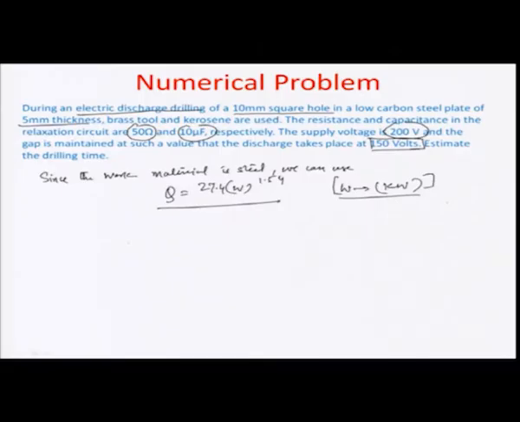calculate what is the energy being discharged. We already know that the energy being delivered by the capacitor C, the breakdown side, is given by half C VB square, where VB is the breakdown voltage, and this breakdown voltage has already been illustrated here in this example as 150 volts, for the capacitance of 10 microfarads. This becomes equal to half times 10 to the power of minus 6 times the square of 150, which is 0.113 joule, and the cycle time